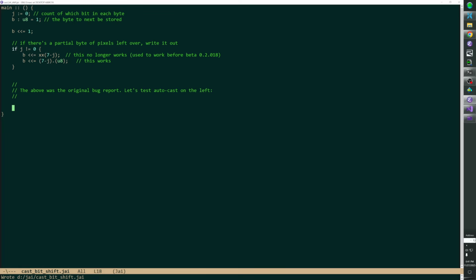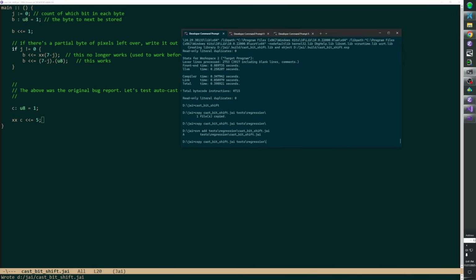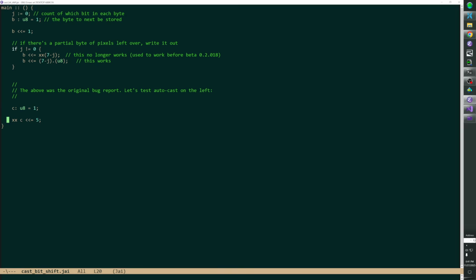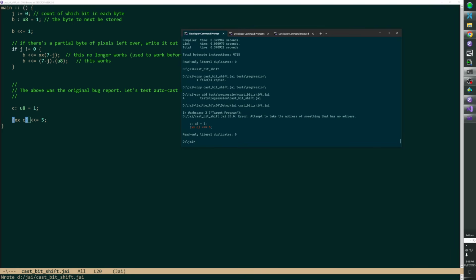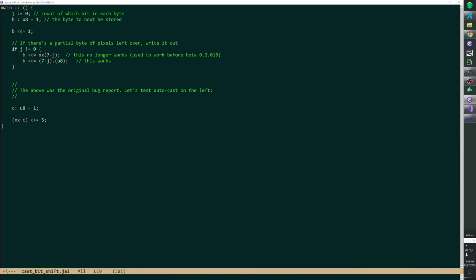So we want to do now, let's say C, there's no C. And we're going to go XXC. Oh, we can't do this because that will rightfully tell us that we're trying to assign. Let's do this for no ambiguity. Yeah. So this error message could be better, honestly, but it's at least correct. Okay, so